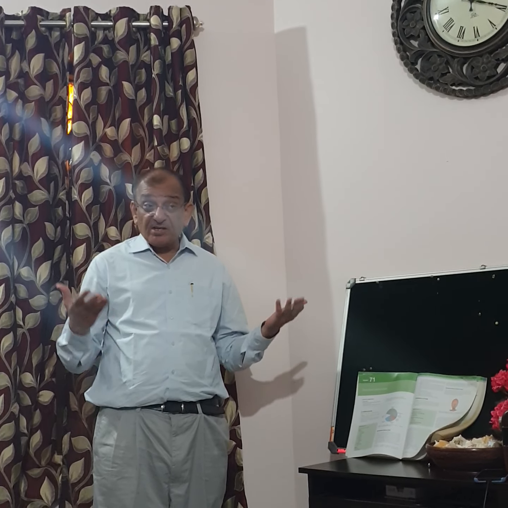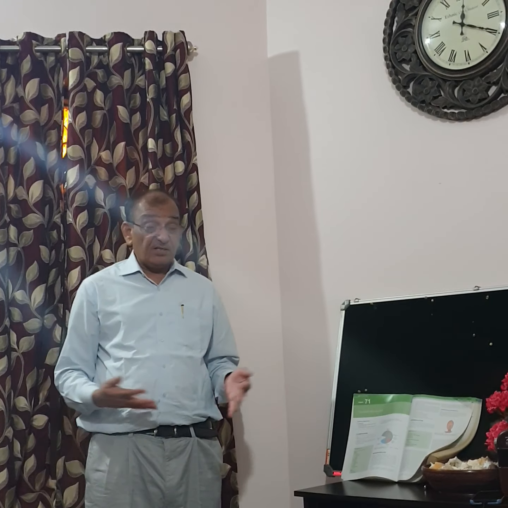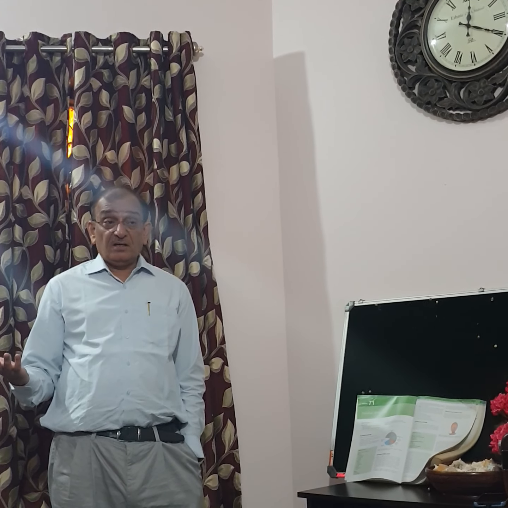Okay, so basically obstruction: the proximal part dilates, the distal part is collapsed, and a lot of fluid accumulates. The intrinsic fluid which the body secretes, like saliva, bile, pancreatic juice, gastric juice and all, plus the gas formed from bacterial fermentation, which is mostly nitrogen and hydrogen sulfide, whereas oxygen and carbon dioxide are absorbed. This distension will eventually lead to impairment of venous return, arterial insufficiency and gangrene. Okay.